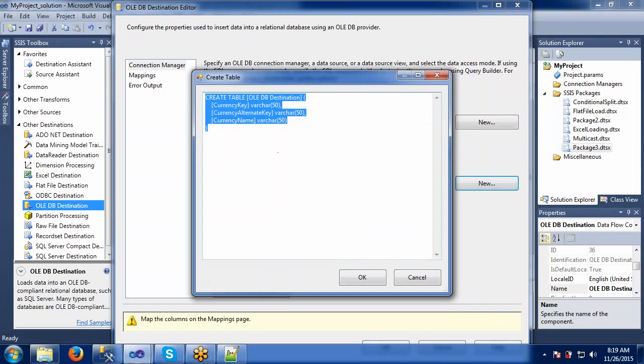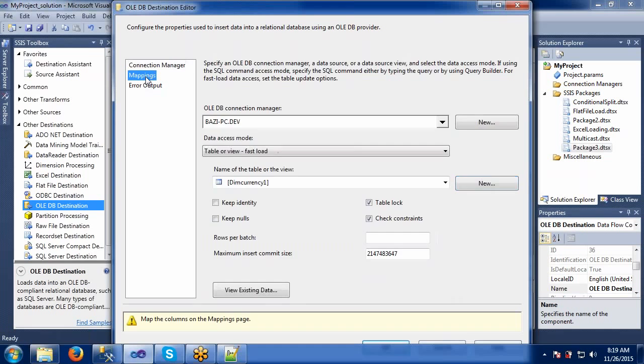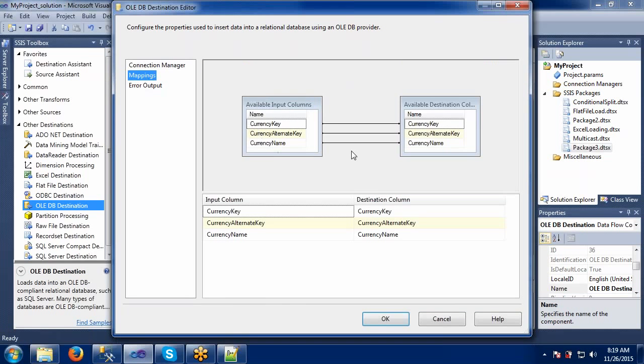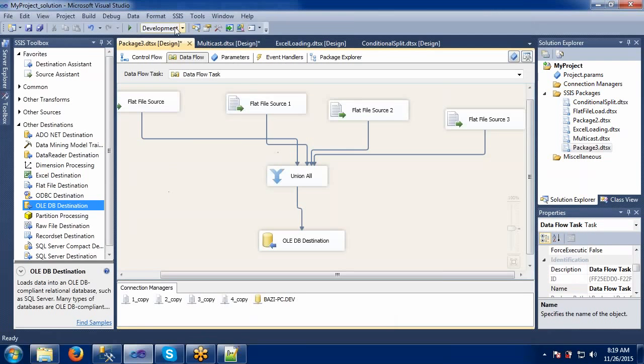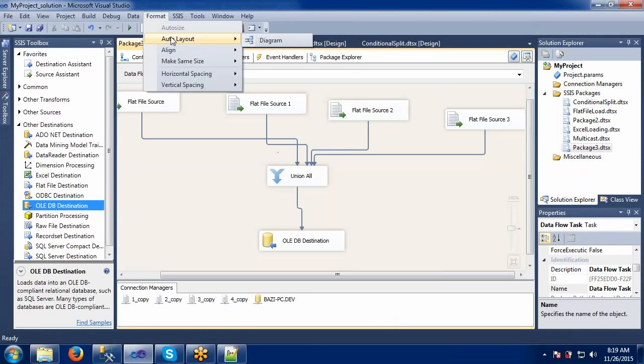Let's create some new table. Mapping, yes, everything is mapped correctly. Okay, good, we are good with the requirements.